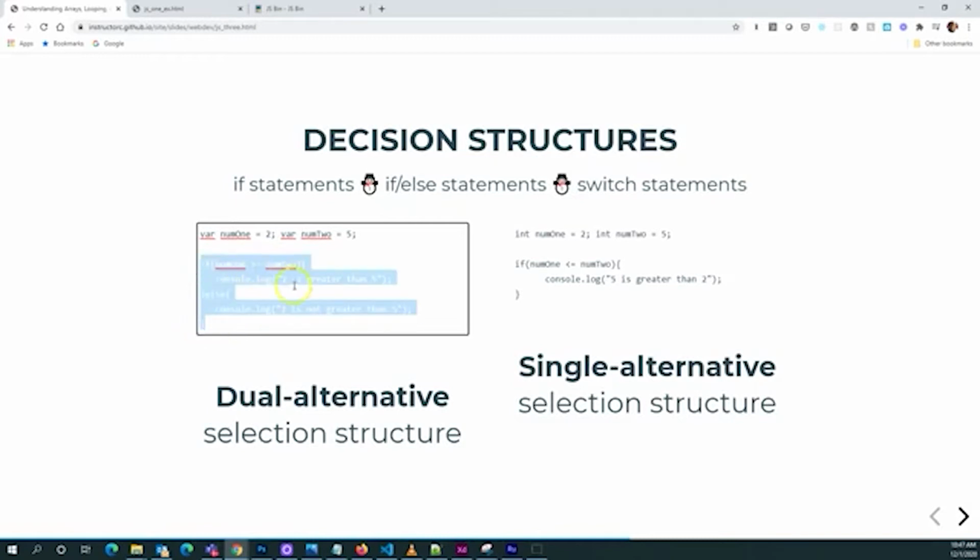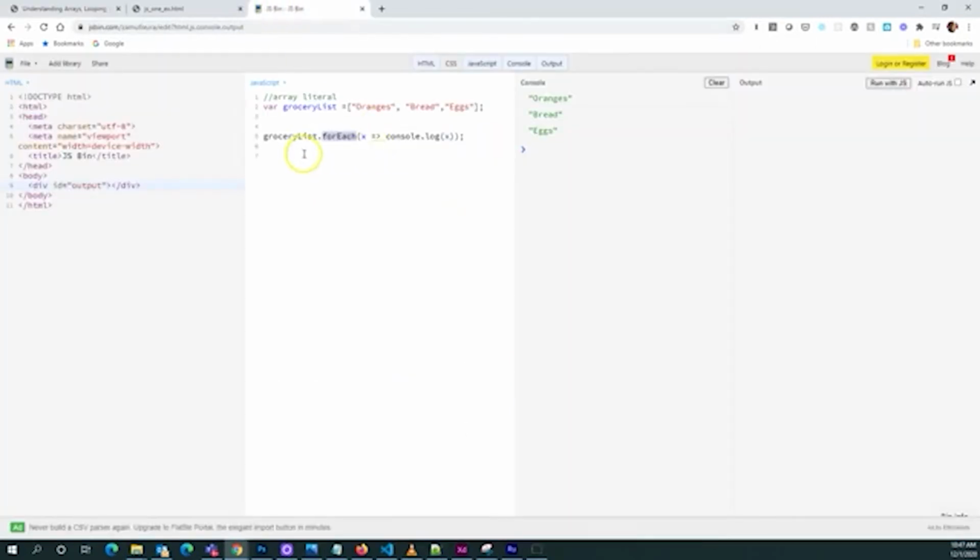It gives us two different, it's going to take two different actions based on if this condition is true or not. In this case here, number 1 is not greater than number 2, right? Because number 1 is 2, and obviously the variable num2 is equal to 5. It's holding value 5, and so because this condition does not evaluate to true, we're going to output what's in the else branch. So if we were to copy this here, and let's just go to JS Bin, and what